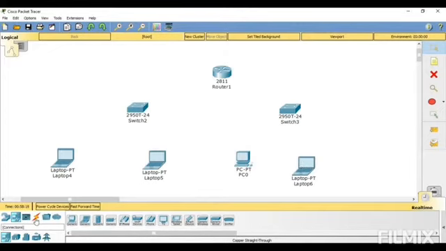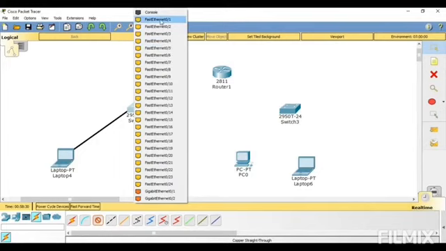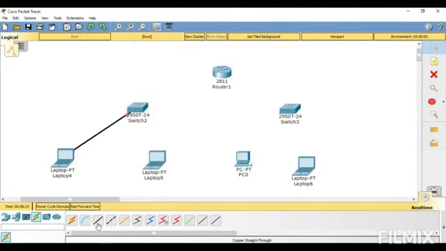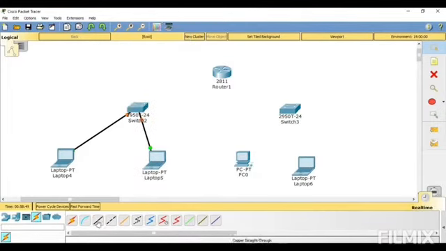So the next step, as you know, is that we have to connect these devices, and I'm going to select this copper straight through cable. Click this laptop, fast Ethernet 0, then take it to the switch, select fast Ethernet 0/1. Then again, go to the connections, select copper straight through, from laptop fast Ethernet 0 to the switch. Select any interface. Again, select copper straight through from this PC, fast Ethernet 0 to the second switch,